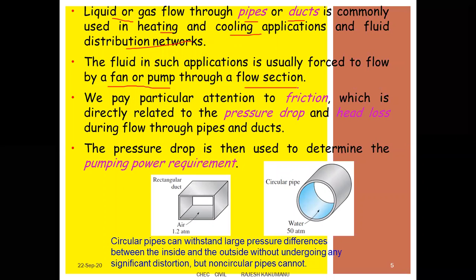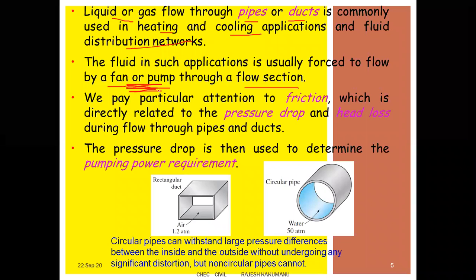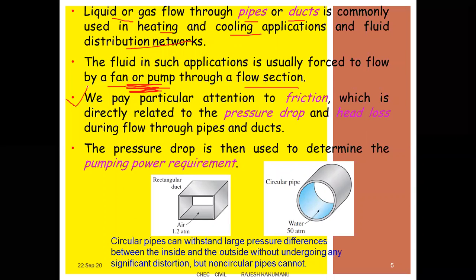But in some cases, when the design is complicated, whenever you are using industry applications, definitely you have to use some sort of mechanical or electromechanical devices, that is, pumps, where the fluid flows from one place to another with some pressure. Next one is the particular attention